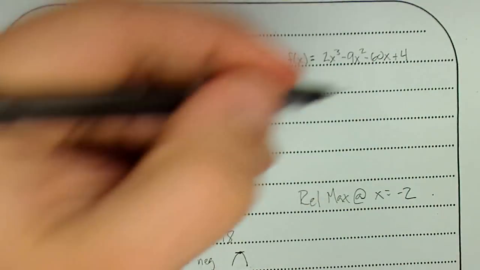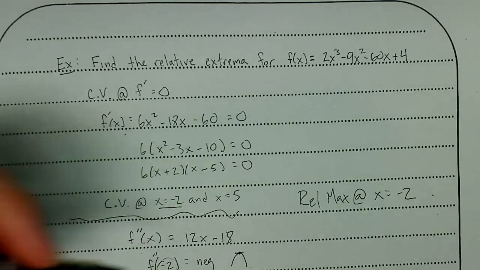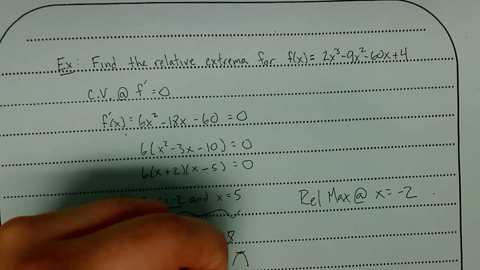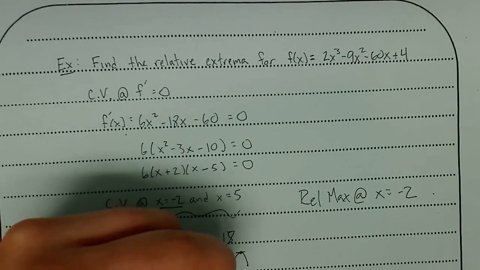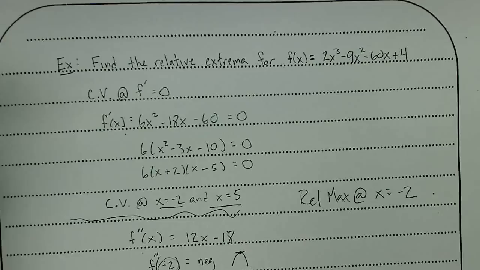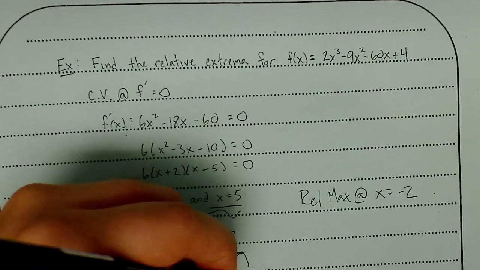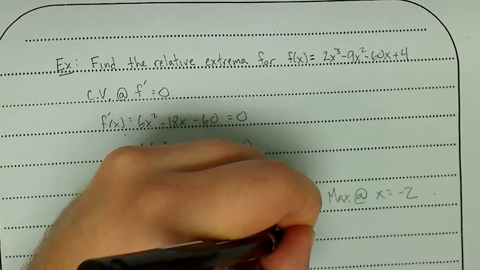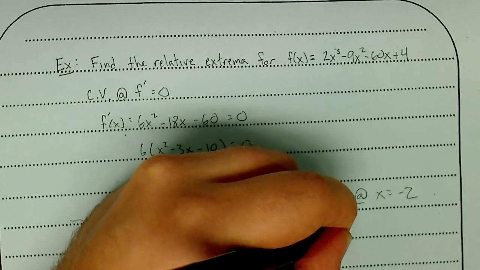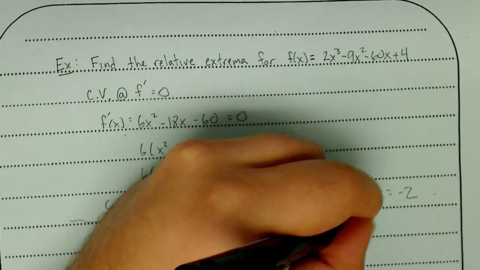at x equals -2. And when we plug in 5 in the second derivative, we get a positive, which means it's concave up. And if your critical value, 5 is a critical value, is in an interval that's concave up, it must be the minimum. So we've got a relative min at